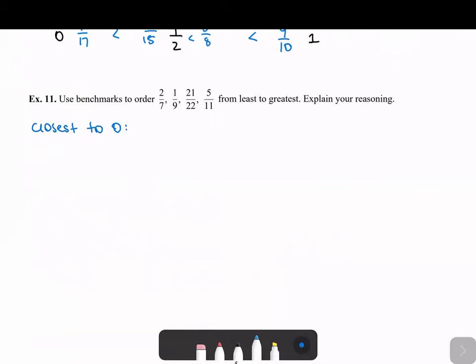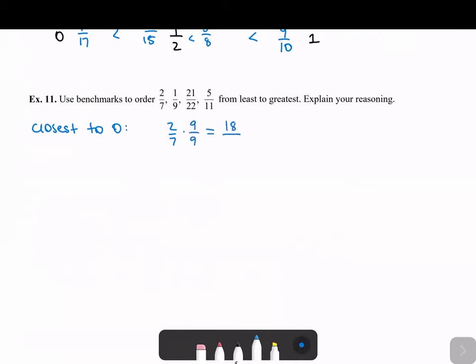But if you don't, we can just cross multiply. So 2/7 and 1/9. If we cross multiply, well, we want to know which one's bigger and which one's smaller. I think the easiest way to do this is to get a common denominator, and that can essentially be done by cross multiplying. So we'll just get a common denominator to compare these. So 2/7 times 9/9